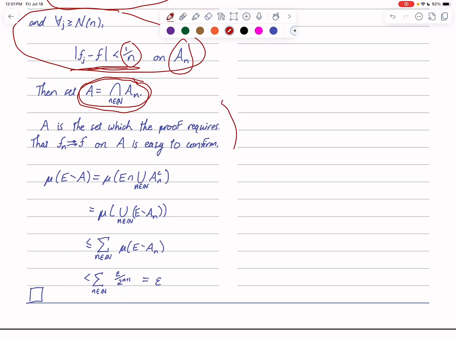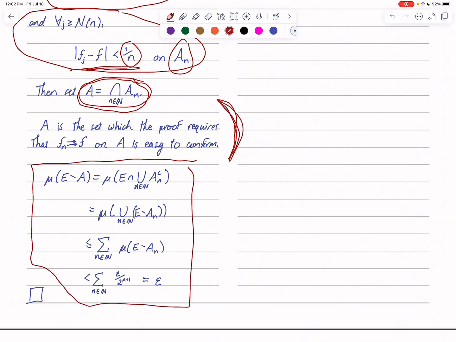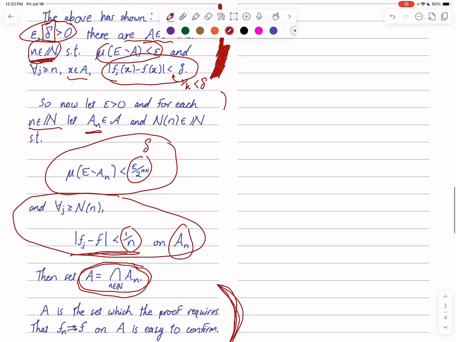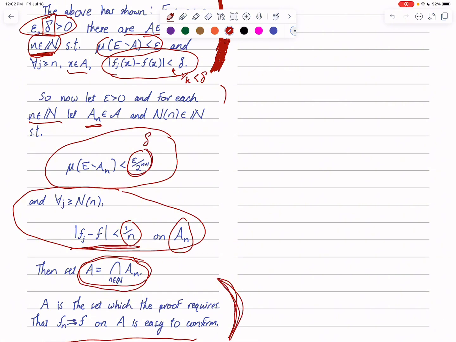And so at this point, I'm going to skip the demonstration that the convergence is uniform on A. I think that's fairly straightforward to confirm. Leave a comment if it's any trickier than I think it is. I'll make maybe a supplementary video, or see what I could answer in a comment. But in any case, let's at least focus in this video on the confirmation that it has the measure that we desire. And that is because there is this tricky thing: why did I say that delta is epsilon over 2 to the n plus 1?